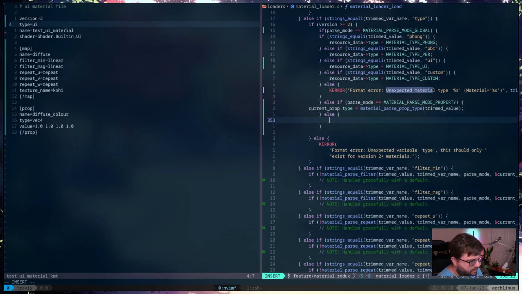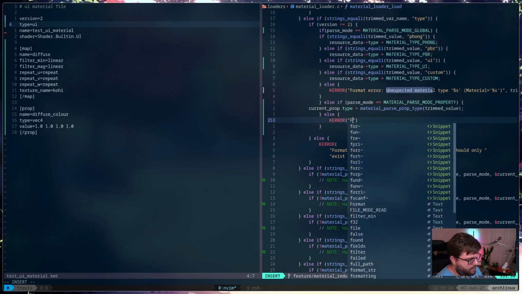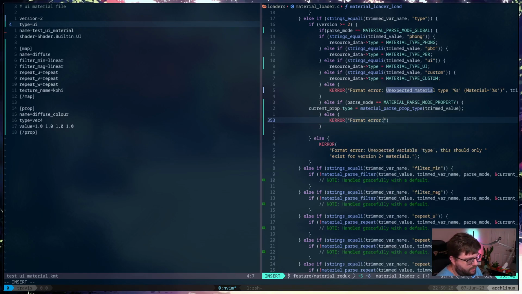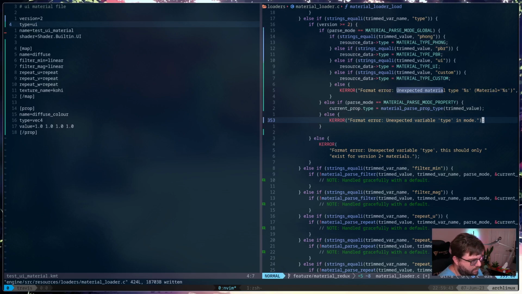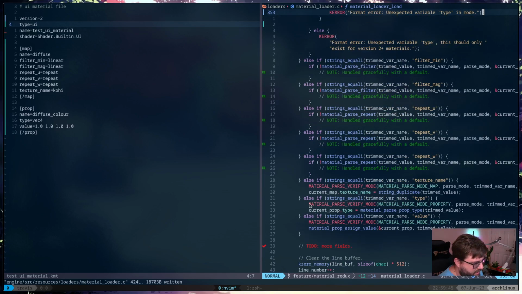Otherwise, format error: unexpected variable type in mode. Okay. So we'll save that and come down here and nuke this one.